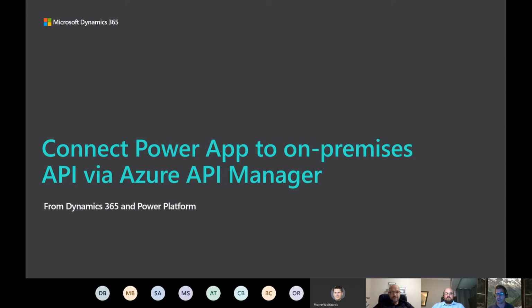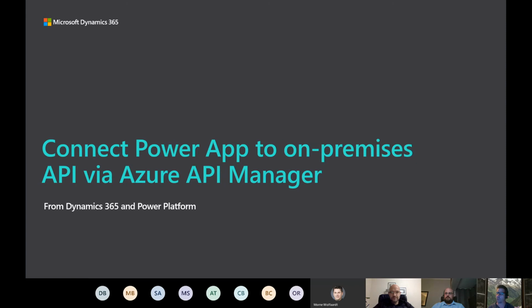It can add caching, so you don't call that on-premises web service too many times if you don't need to. It can expose only one IP address for the on-premises firewall to protect. It can add certificate-based authentication, Azure AD authentication, all these amazing features, logging and all this stuff. So I thought actually this would be a great way to do it, and it works darn well.